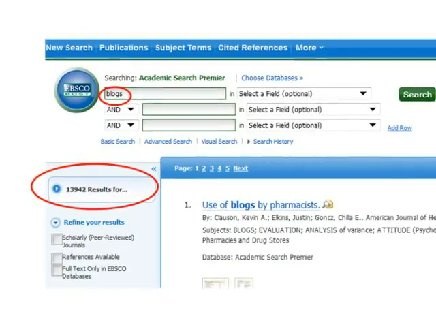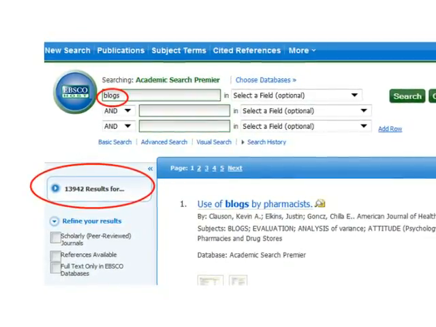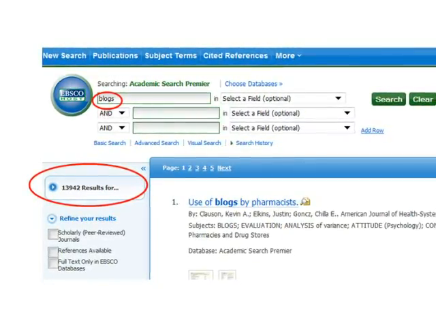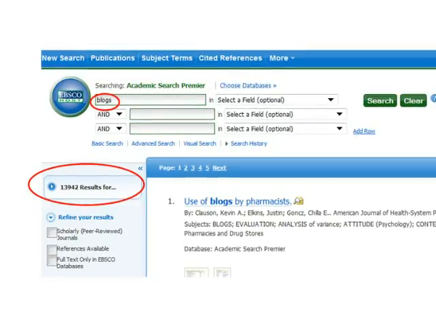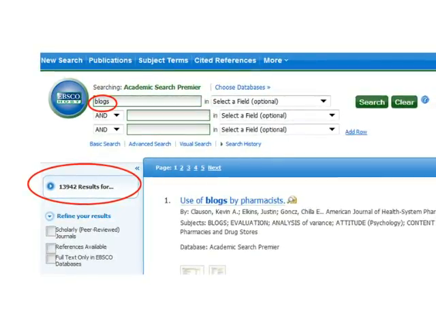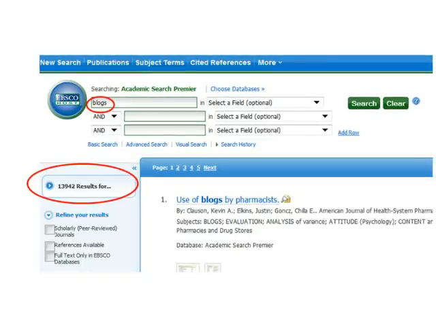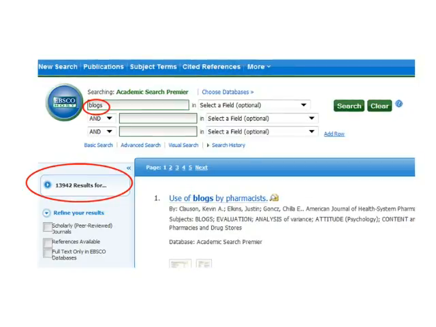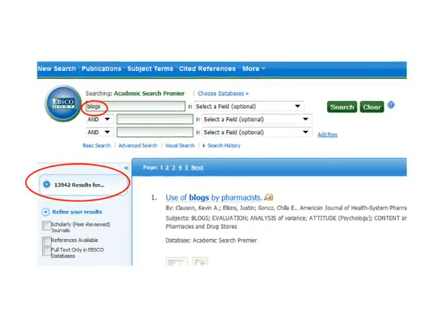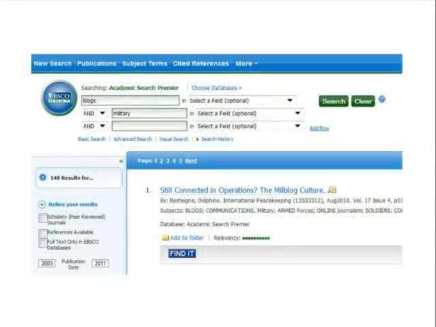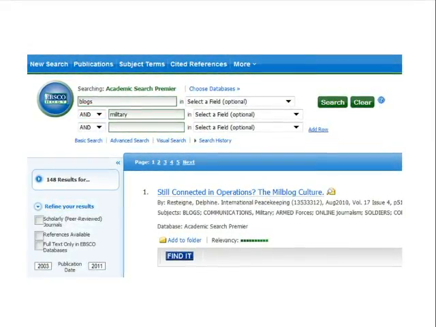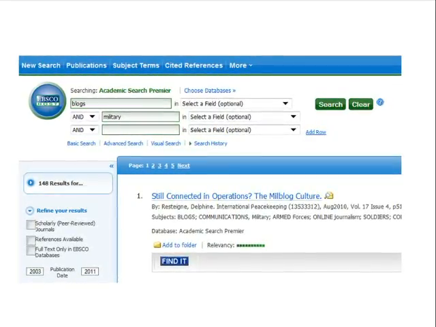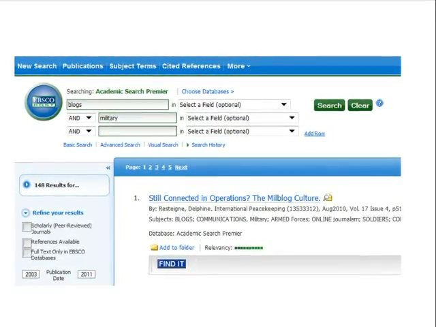And once you get there, first thing you simply do, because this is the rhetorical analysis about blogs, just for fun, type in the word blogs in the first search box there. What you're going to find, it might change day to day, is nearly 14,000 hits. Well, that's way too long. You can't deal with that, okay? So we're going to refine our results by typing a keyword into the second box. So I'll show you here. What we did here is we typed in blogs and military, and we got it down to 148 results.